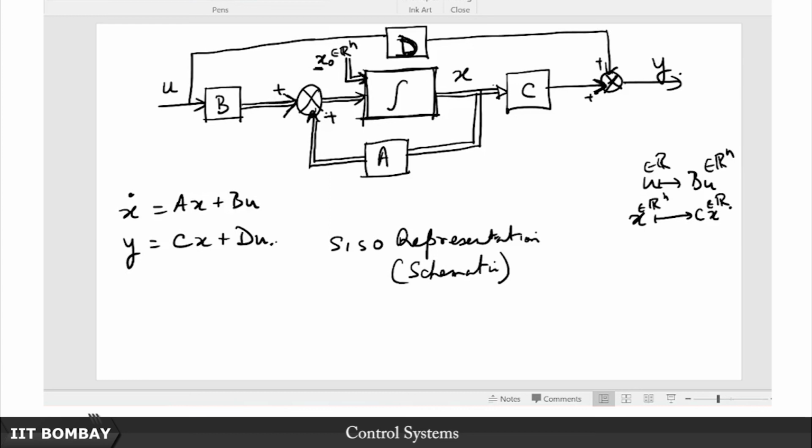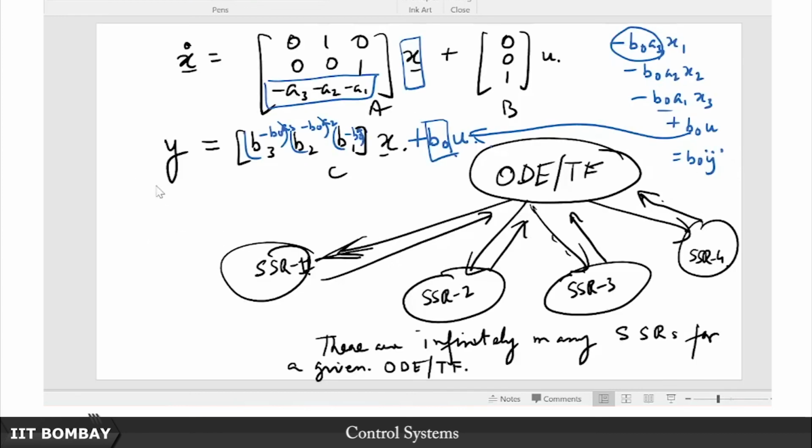So in the next lecture what we shall see is that it is alright, we have got this representation, although we are still a little worried about whether we have established the connection that from the ODE we can go to any of these state space representations, and from any of these state space representations we can go back to the unique ODE or transfer function from which the state space realization emanated. But it seems that the connections between these, if they at all exist, is not very clear to us,